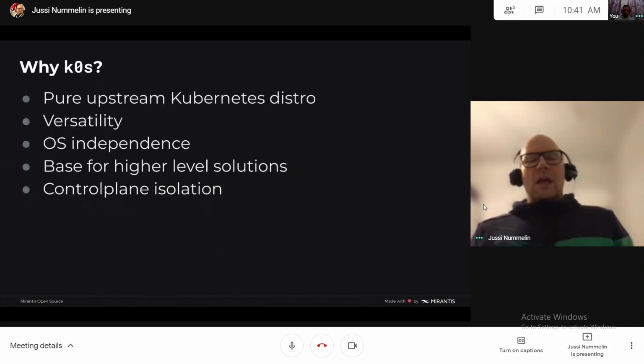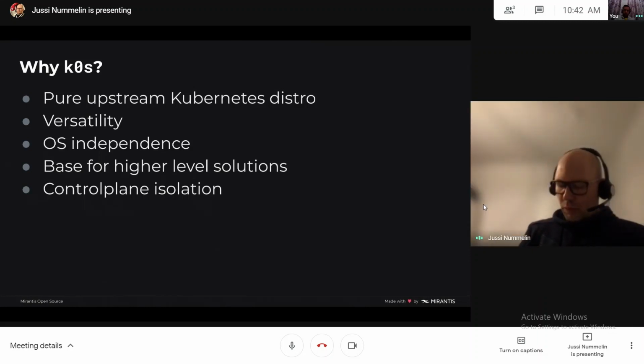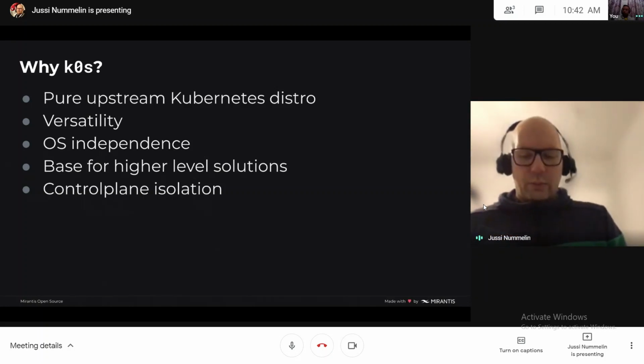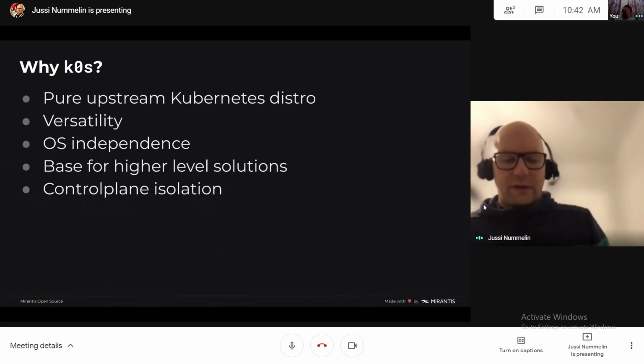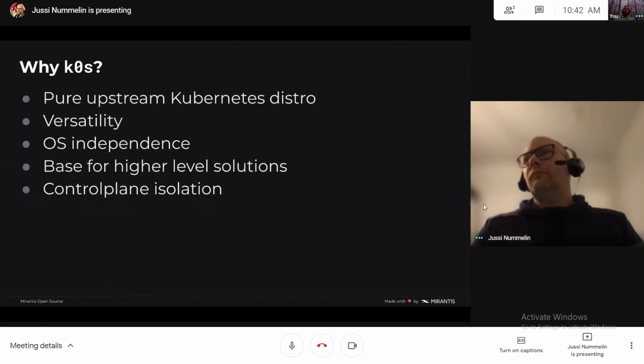Why? Well, what we set out as a goal when we started to think about K0s and what we'd actually need is that we need versatility from a Kubernetes distro.